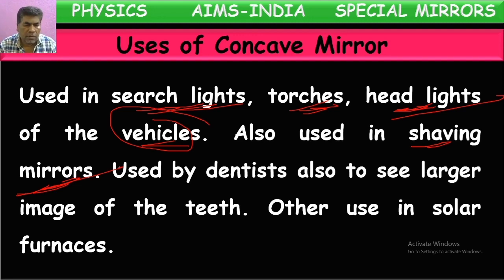Or when you go to a dentist or ENT specialist doctor, what he will do is keep some instruments and keep a mirror or lens. With that, the part of your mouth will be enlarged, so that if there is any infection, he can observe with that mirror and do the proper treatment.